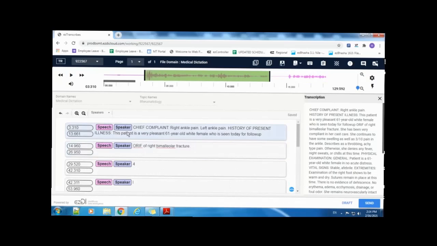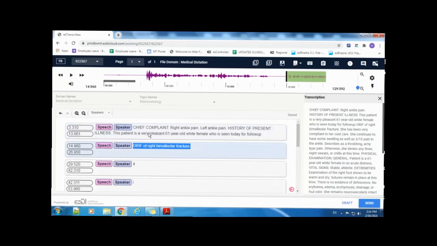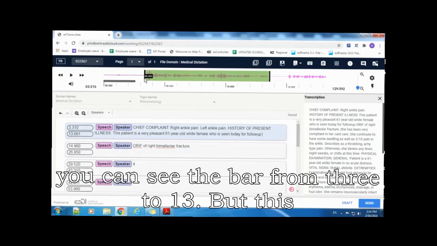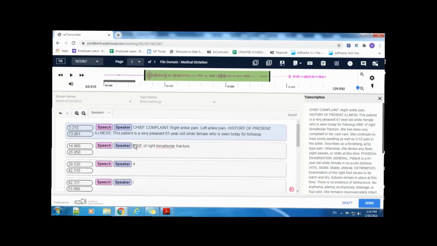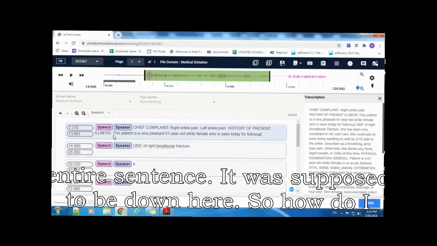So how do we manipulate that? I copy pasted this part down, but the audio here needs to be adjusted. So here, if you see from 3 to 13, you can see the bar from 3 to 13, but this was dictated down here, which had to be either up here or this entire sentence was supposed to be down here. So how do I adjust?